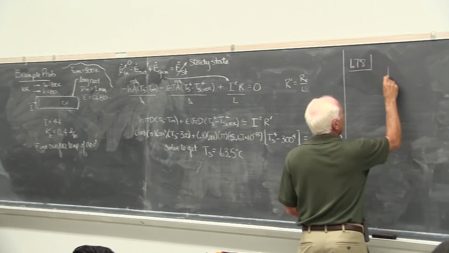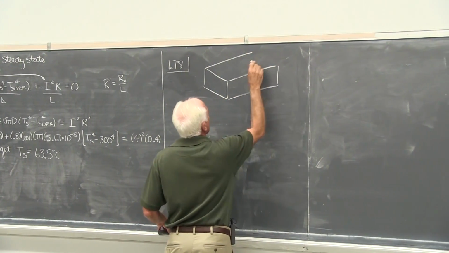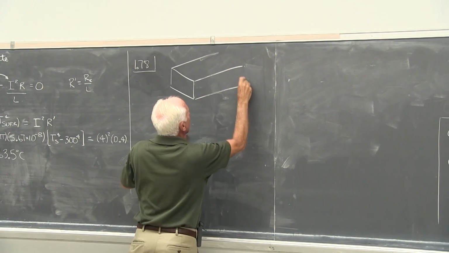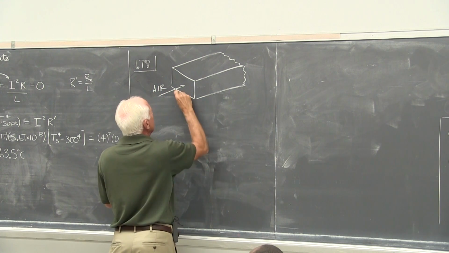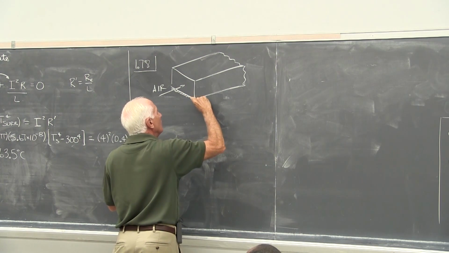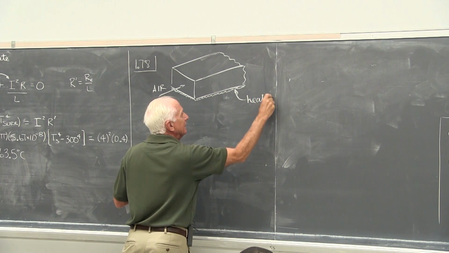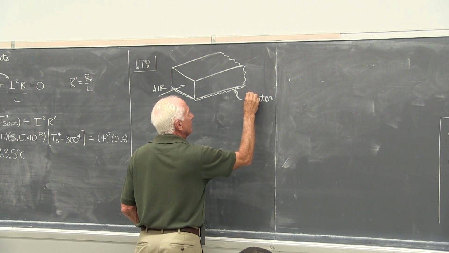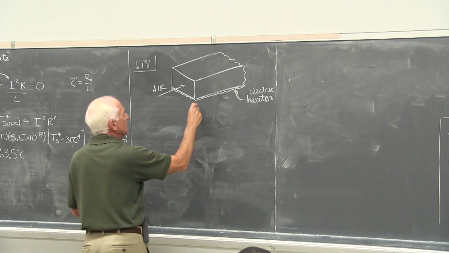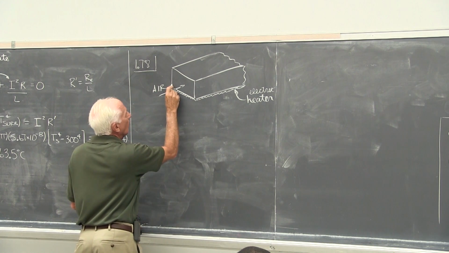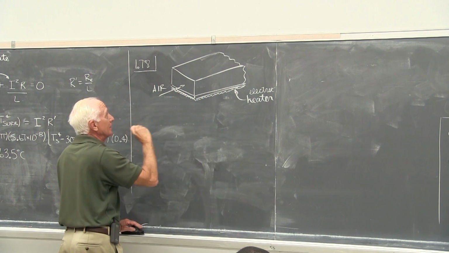Okay, I'm going to try and draw this. It's some kind of a duct carrying air. Here's air. On the bottom of this duct carrying air, we put a heater. We're trying to heat the air. So we put an electric heater on the backside. And here's the bottom wall of the duct. This is the duct.